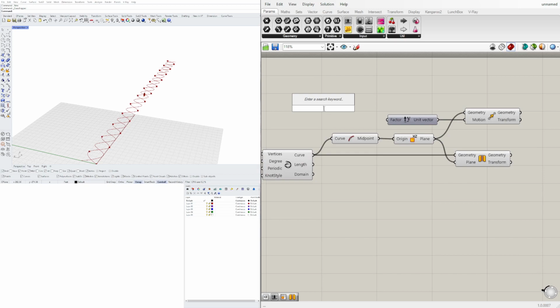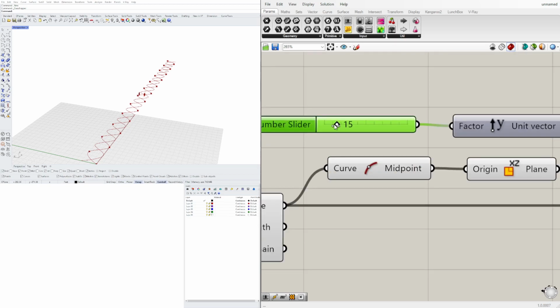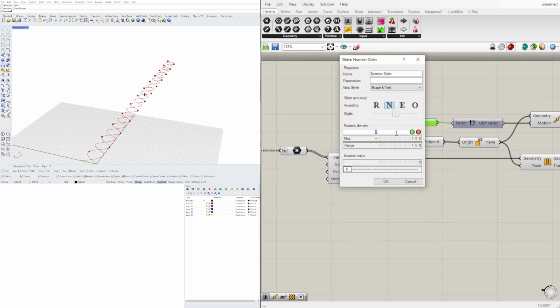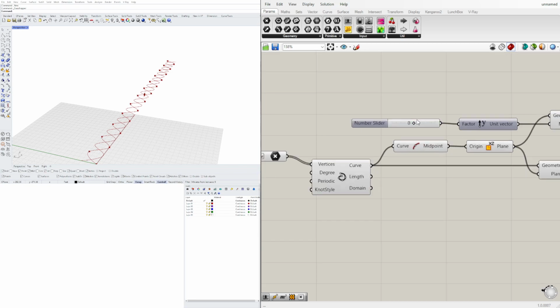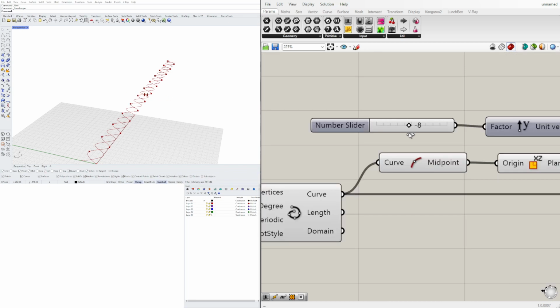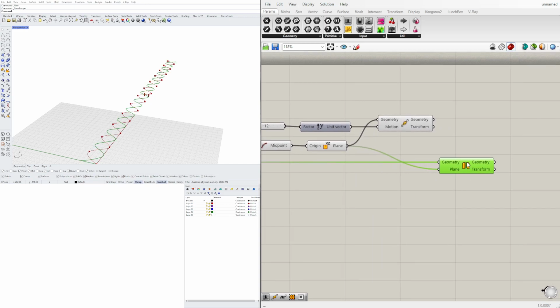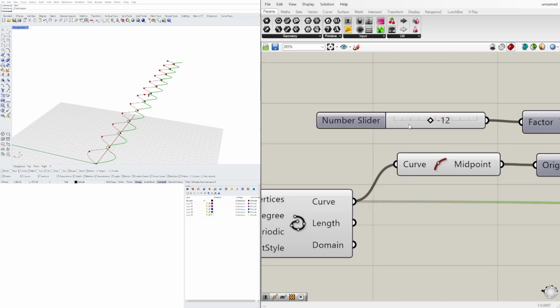Now we'll go to a number here. So let's go 15. And let's make our low number, the minimum, minus 100. This way we could kind of move it back and forth. The reason why I want to do that is because now I want to replace this plane that I'm moving. Let's disable the preview on this with this plane. So now we can move this around like this and like this to kind of further change the design a